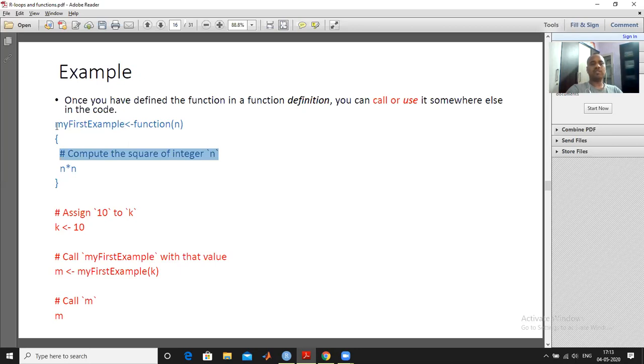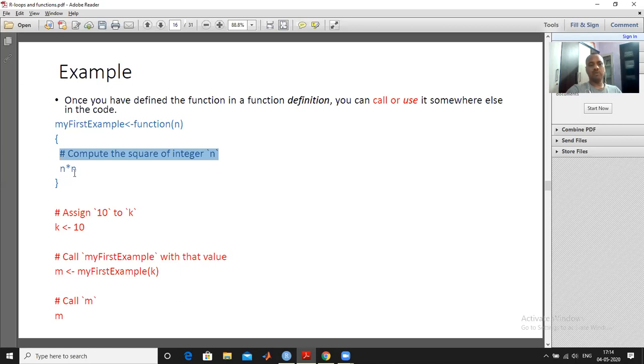This is case sensitive. So my first example, then the assignment operator, then the predefined keyword function, and then I write n. n is the input, so it will take some value for n. The curly braces start here and end here. The body here is n star n.